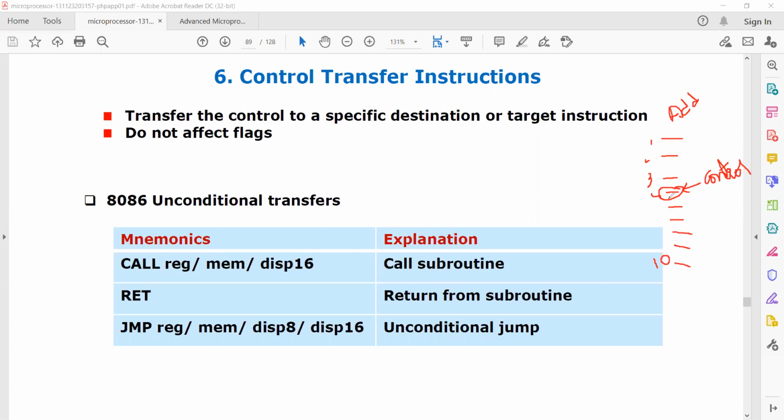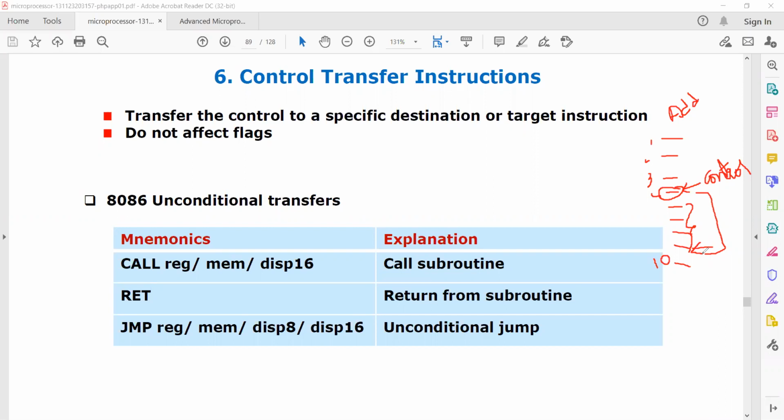Suddenly, after executing the fourth instruction, the control shifted to the ninth line. Without executing the lines in between the fourth line and the ninth line, the control suddenly jumped from the fourth line to the ninth line. This is what is called control transfer.